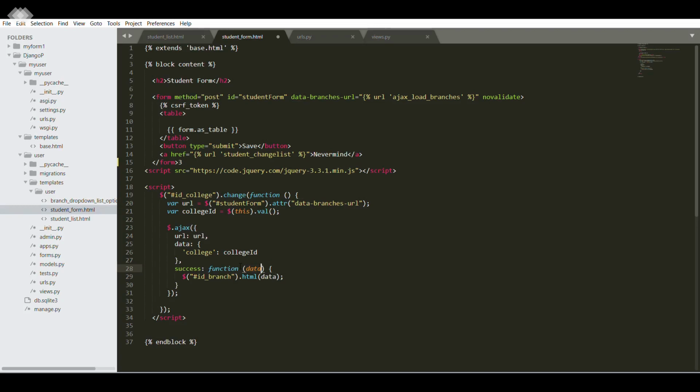After that we are feeding the data to branch ID, creating a request using Ajax for getting the data for the college we selected.